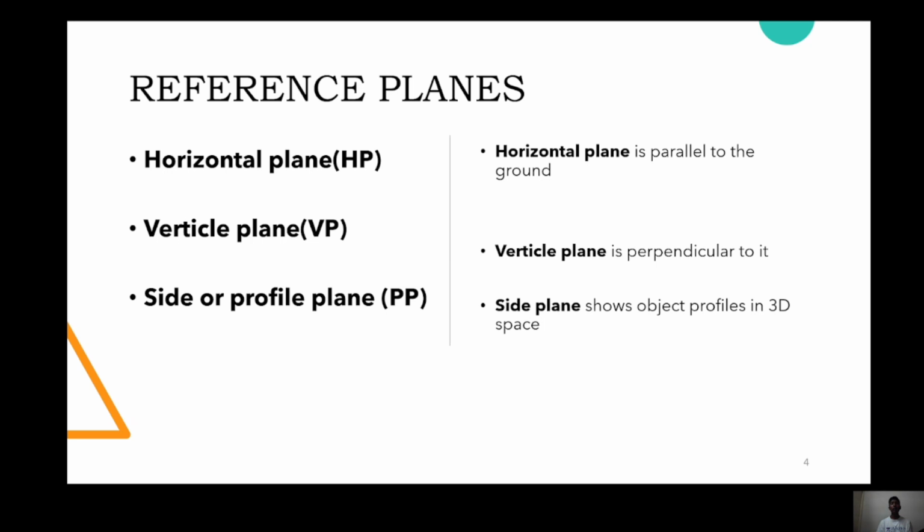So let us know what is a reference plane. A reference plane is of three types. Horizontal plane. A horizontal plane is parallel to the ground. The vertical plane. The vertical plane is perpendicular to it. The side profile or a profile plane. The side plane shows the object's profile in 3D space. The next one is